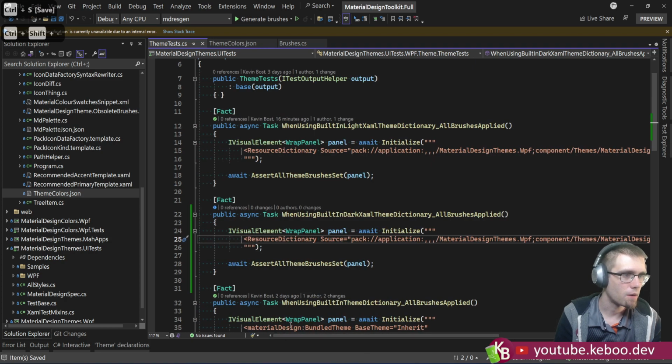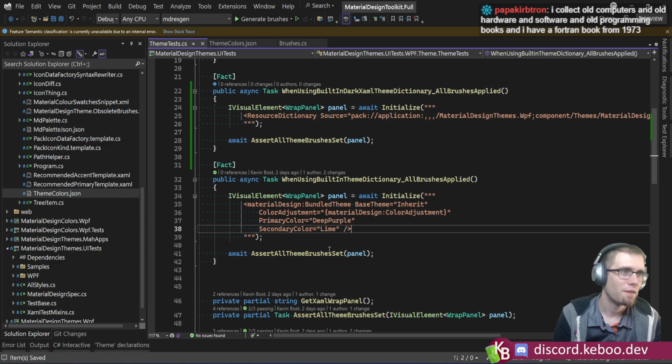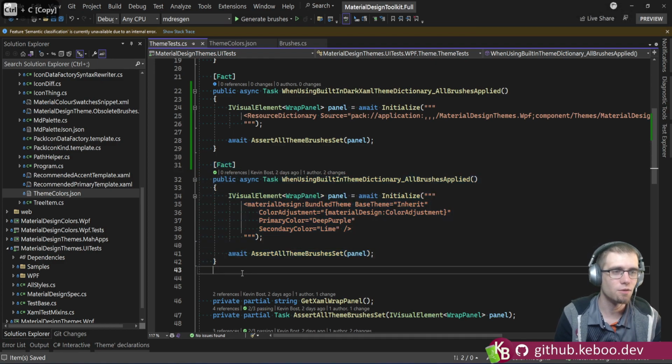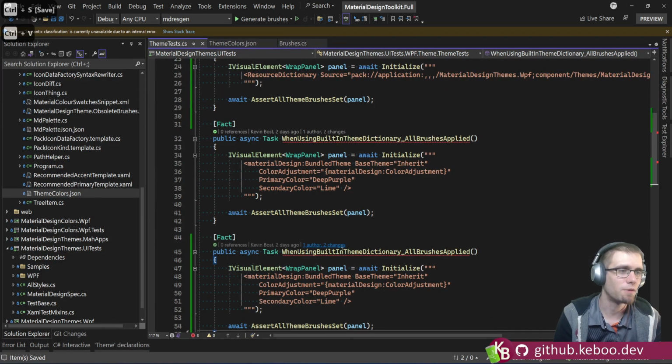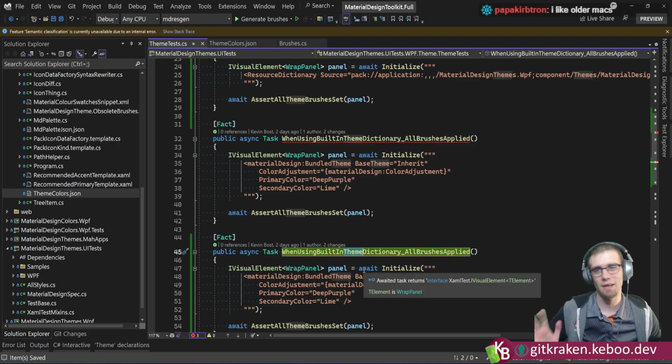Dark. And then we want to test the... Fortran book from 1973. That's pretty cool. My mother-in-law has one of the original Macs from, I forget how old. I usually poke fun at Macs as often as I can. She asked me a few weeks ago, if I let you inherit the Mac, will you promise to not get rid of it? And I'm like, okay. I make fun of Macs, yes, but